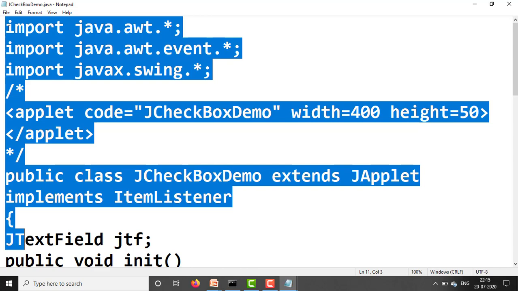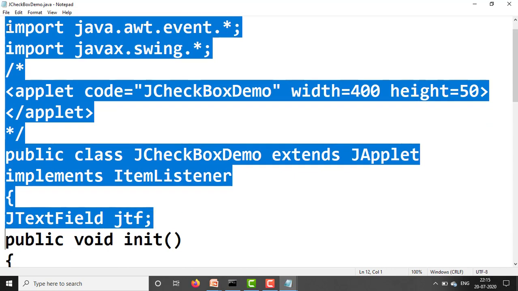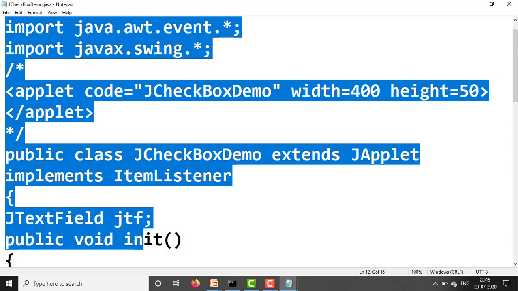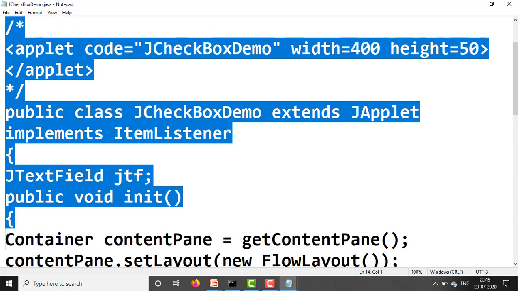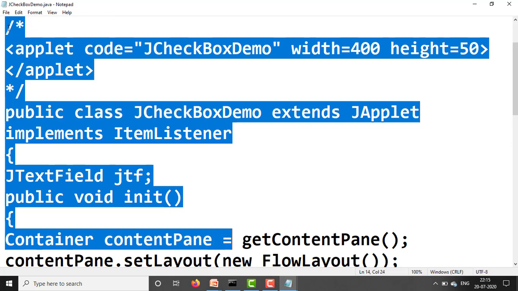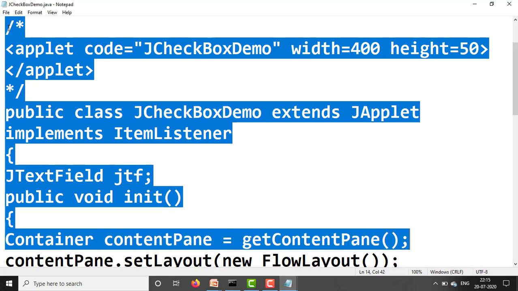Open the class body and declare the JTextField, jtf. Start the init method: public void init, open curly bracket. Get the content pane: Container contentPane equal to getContentPane method.